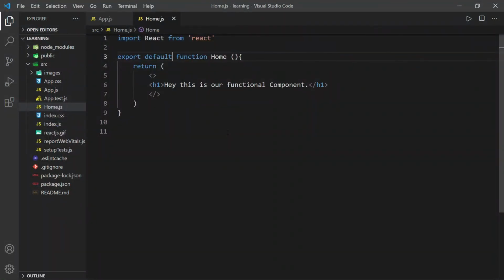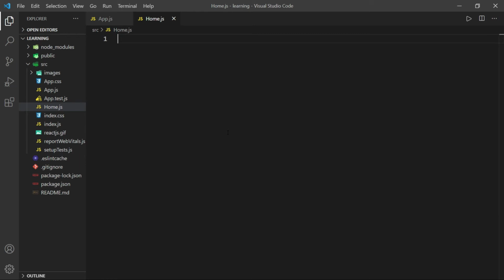So now we will create our class component here. To create a class component, let's remove the code. And don't worry, you will get all the code on my website called workforwin.com. A lot of projects are available there, and the code which I teach you here, you will get everything there. So you can search on Google Work4Win and visit there.